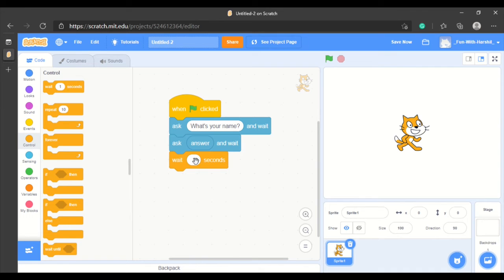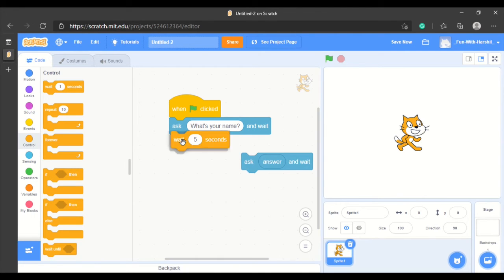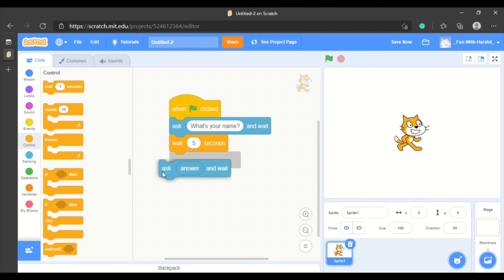Wait 1 second, and I can change the time. I want 5 seconds. It should wait 5 seconds, and we don't have to add it over here. Remove this block from here and ask what's your name block here. Wait 5 seconds.